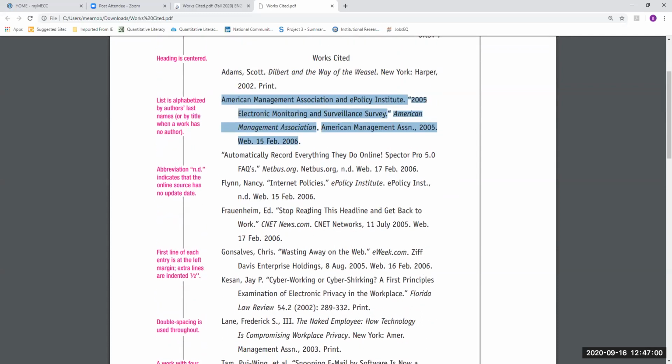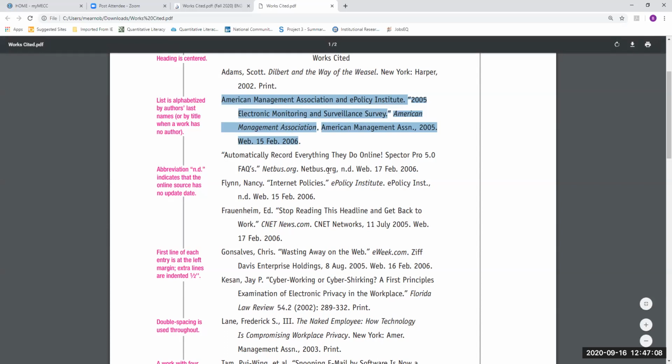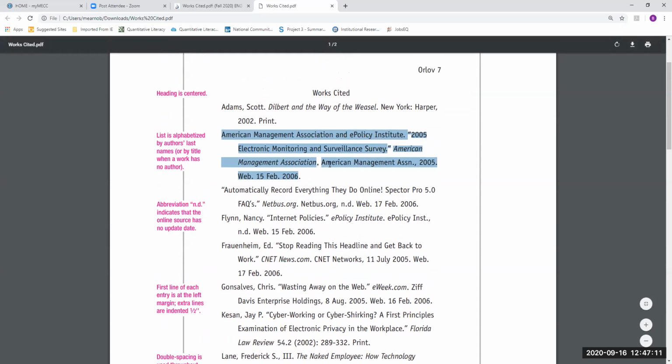You do not have to do a separate entry for each time you use the source. So if I use this American Management Association 10 times in my essay, I still just have to have it one time on my works cited page. The purpose of a works cited page is to give your audience more information about the sources that you've used